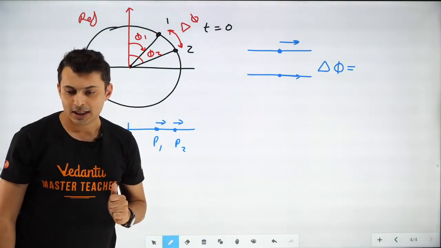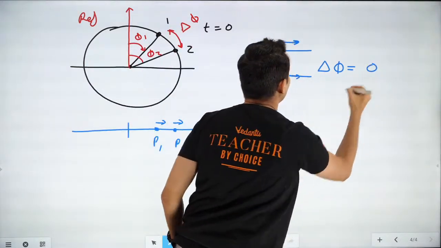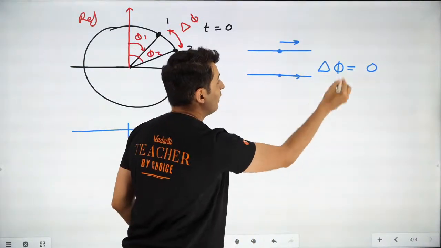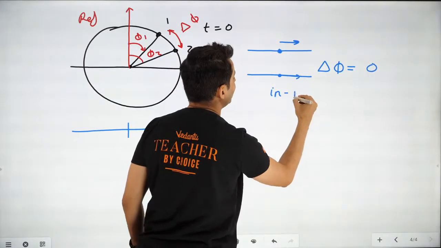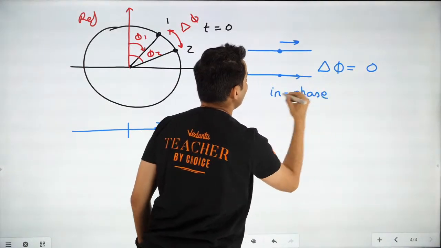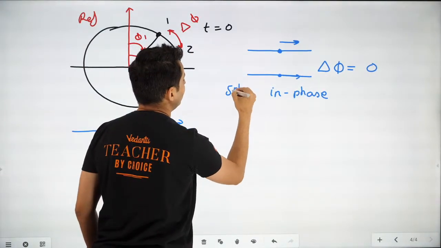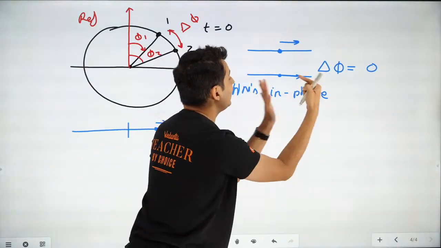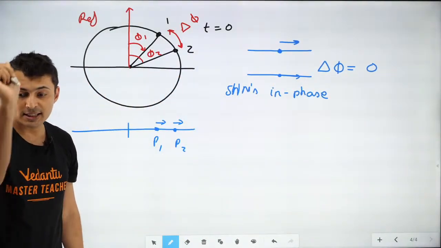Okay. Yes, it will be 0. Very good. This type of arrangement is said to be in phase. So these two SHMs are said to be in phase, remember that. Similarly,